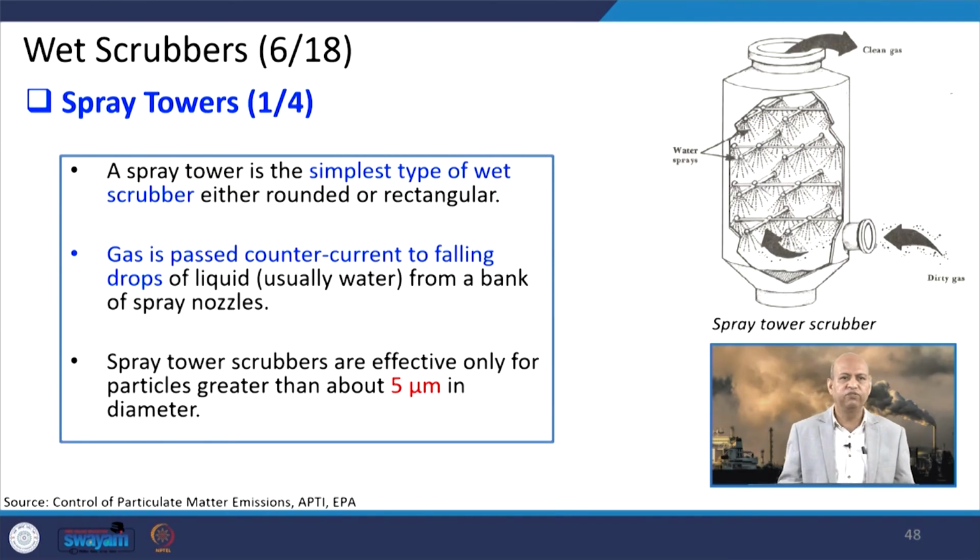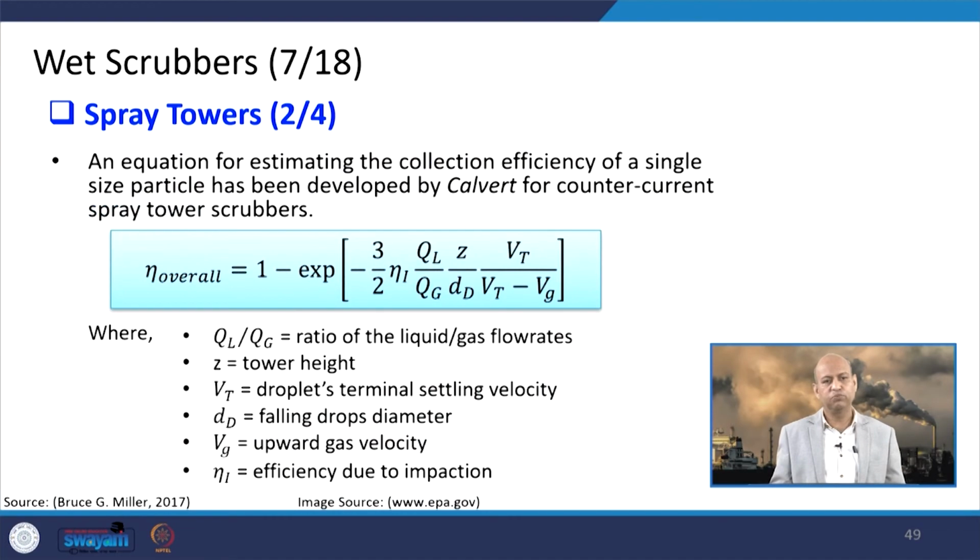If you go one by one, in spray towers you can see this kind of tower is there, and spray means some water spray can be there or some solution can be sprayed depending upon what kind of gases are there, what kind of removal efficiency is needed. So, this is the device which is known as a spray tower scrubber, and it can effectively remove particles greater than 5 micrometer in size. This is the overall efficiency which is calculated